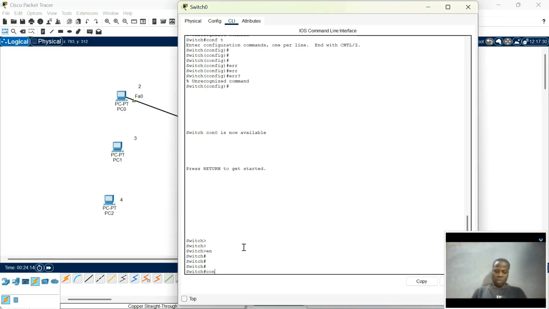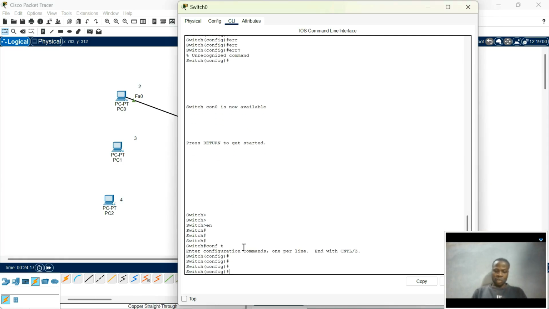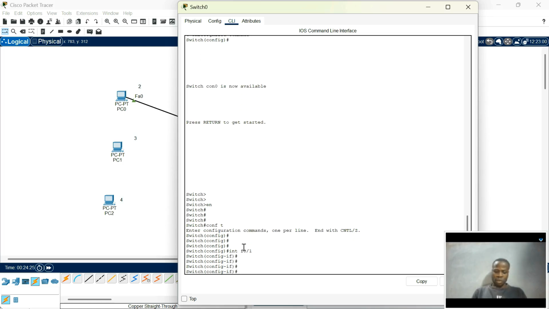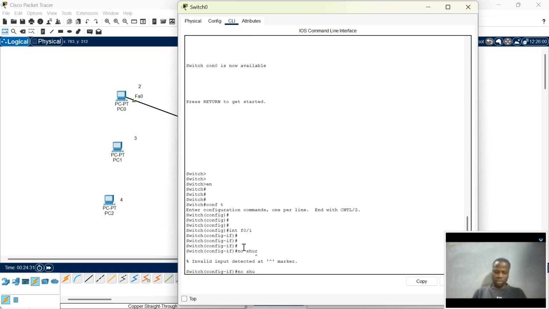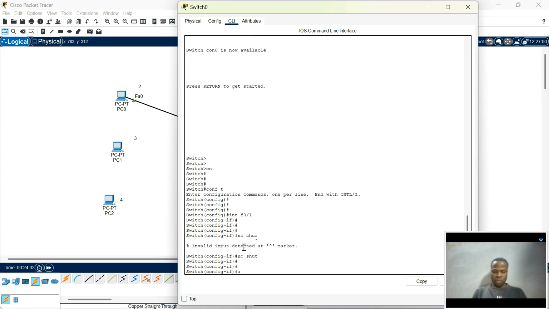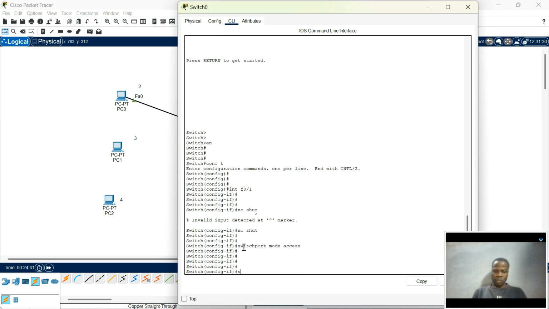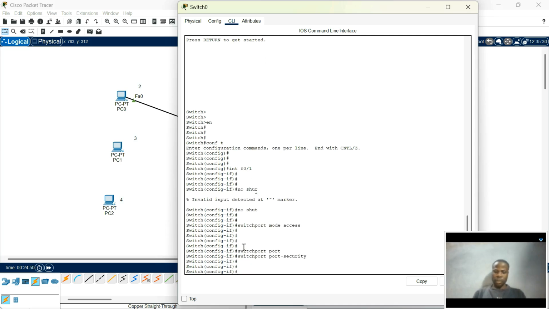Alright, so enter configuration mode with conf t. Enter interface configuration mode with interface F0/1, right? No shut. It's not shut down anyway, but let me just enter that. Then switchport mode access. Then switchport port-security. Let me use tab. Okay, I just enabled port security on this